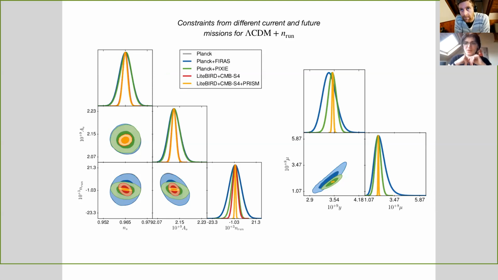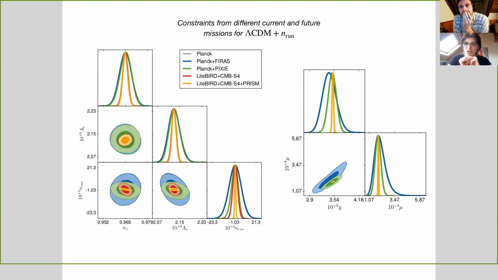So this means that we've taken our fiducial value to be the running equal to -1, which is what CMB, or what Planck, has measured. So this is our fiducial value, and any deviations from this would have to be within the yellow bars, or PRISM would measure them. So we see here that PRISM would really contribute substantially on top of the existing missions that we're going to have. So this is our first test case.